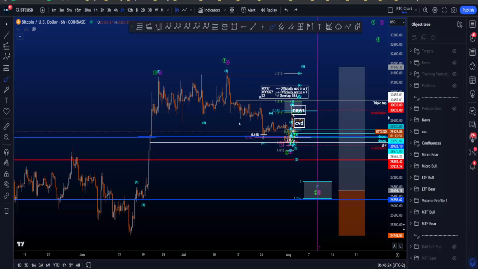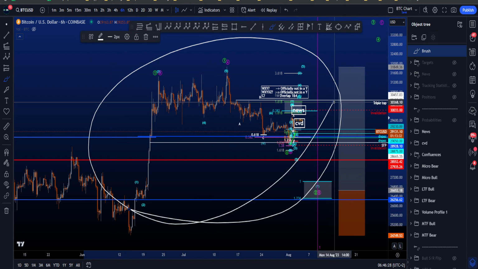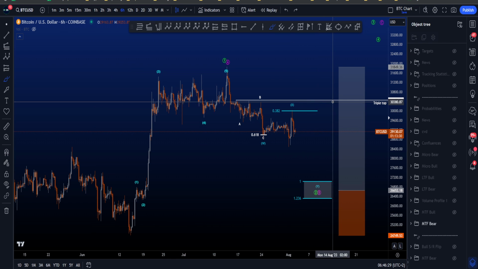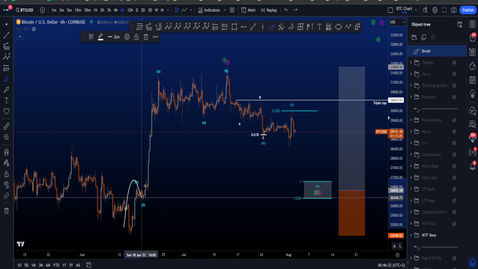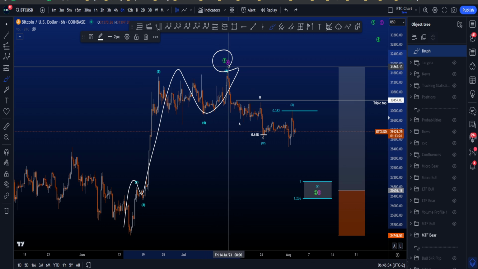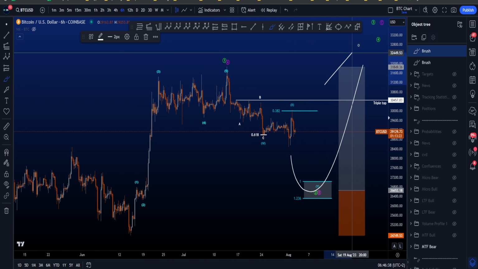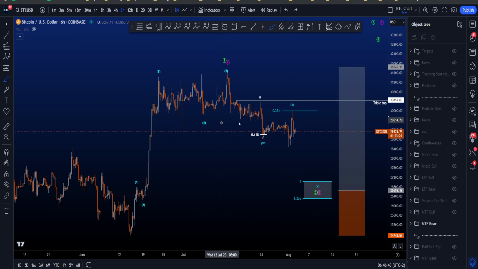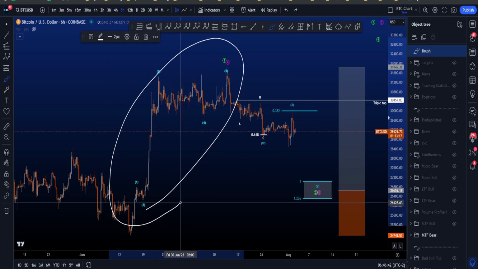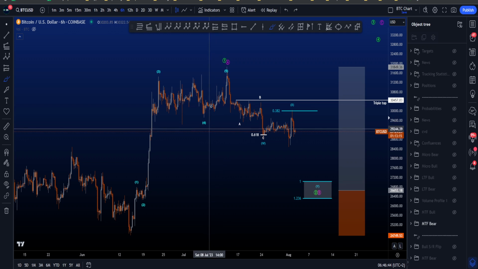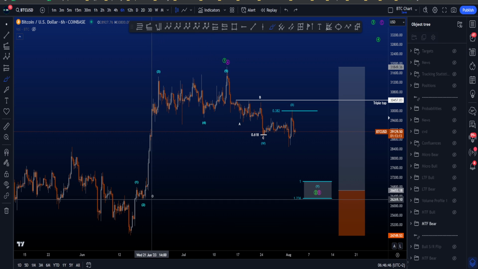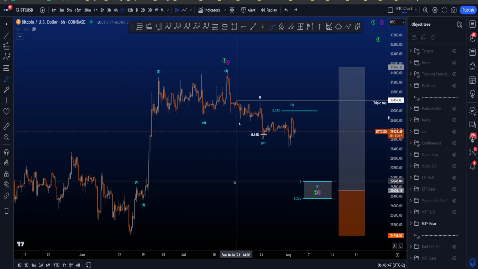Hi everyone, let's go over my medium time frame, low time frame and micro bullish and bearish Elliott Wave scenarios on Bitcoin. Starting with the medium time frame bearish scenario, where we are looking for a 5-wave move to the upside in wave 1 or A, currently working on wave 2 or B, before we then expect continuation to the upside. Has to be said that this impulse to the upside doesn't look that nice, because this wave 4 over here is so long in time compared to wave 2,